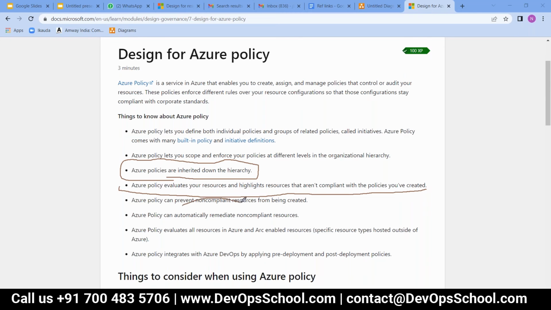Azure Policy can also prevent non-compliant resources from being created, which is one thing in itself. For example, if your organization policy says that you cannot create a virtual machine with more than 8 GB of RAM.